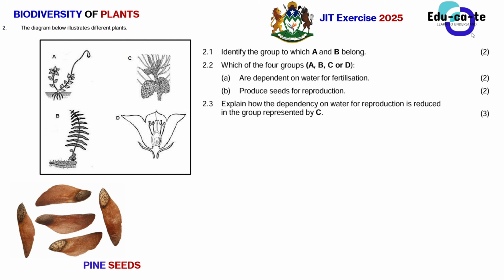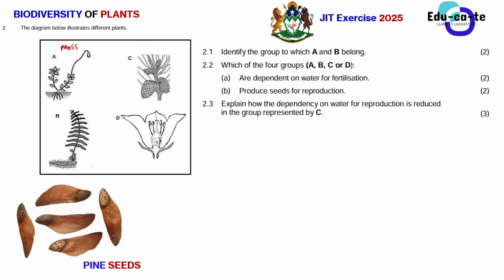So basically, you have to identify each and every division that you are given here. You know that in plants, we have got four main divisions: division bryophyta, division pteridophyta, we have got angiosperms, we have got gymnosperms as well. So here, just by the look of things, you must be able to identify that A here is a bryophyte. How do you see that A is a bryophyte? Of course, you can see it's a structure, it's just a normal moss, okay? This is how a moss looks like.